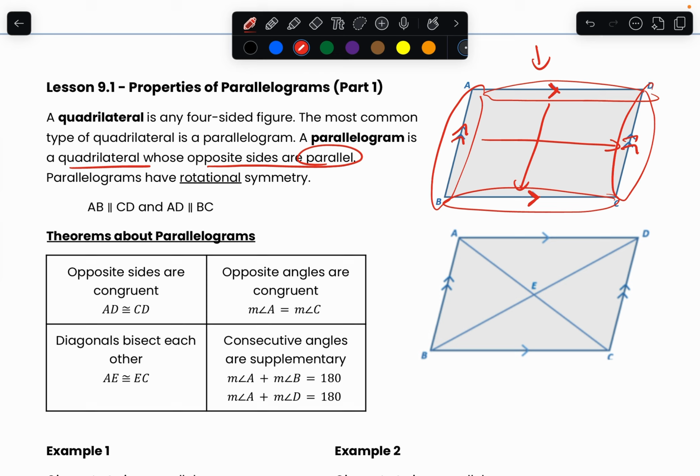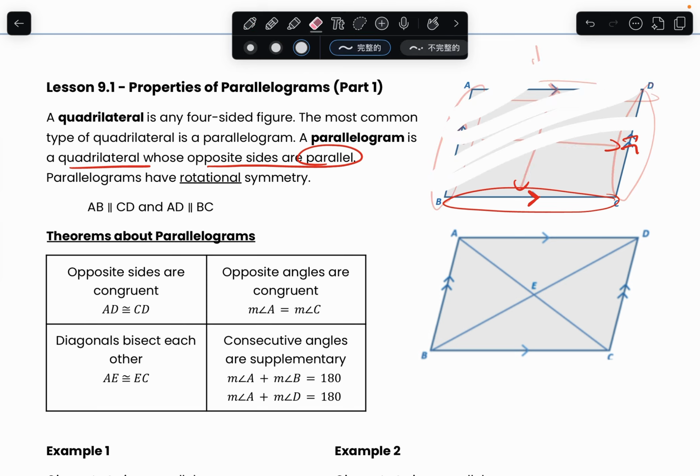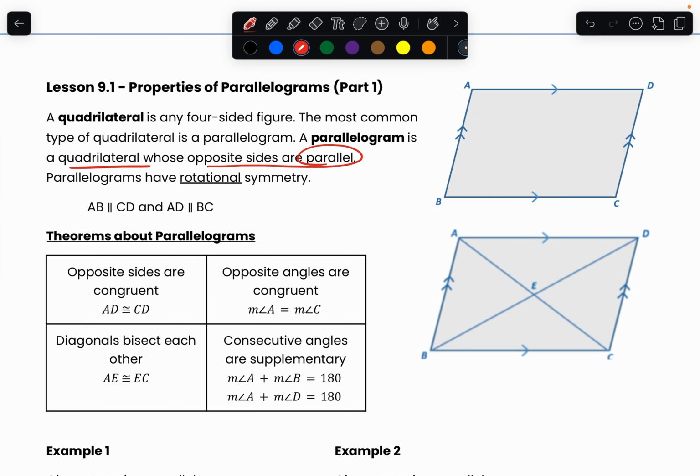Now, it happens to be that when you have a parallelogram, these following things are true. These are called theorems of parallelograms. When you have a parallelogram, first, opposite sides are going to be congruent. What this means is that your AB here will have the same length as DC. They will have the exact same length. Let's say your AB is 8, then this means your DC will also be 8 in a parallelogram.